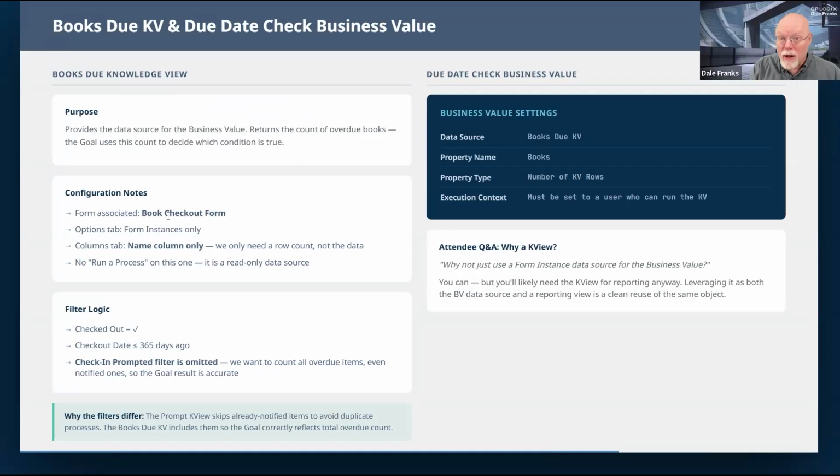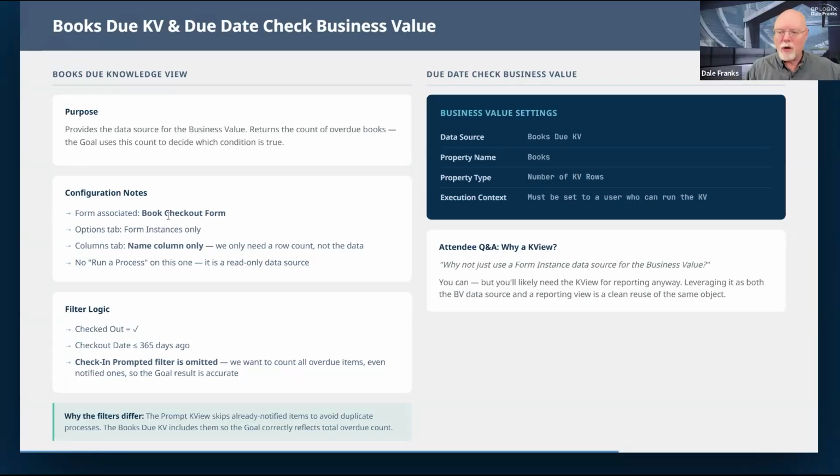But I do need to now figure out how I'm going to invoke that process timeline. And for that, I'm going to need a couple of things. I'm going to need another knowledge view to return books due. All I want that knowledge view to do is to provide the data source for a business value.